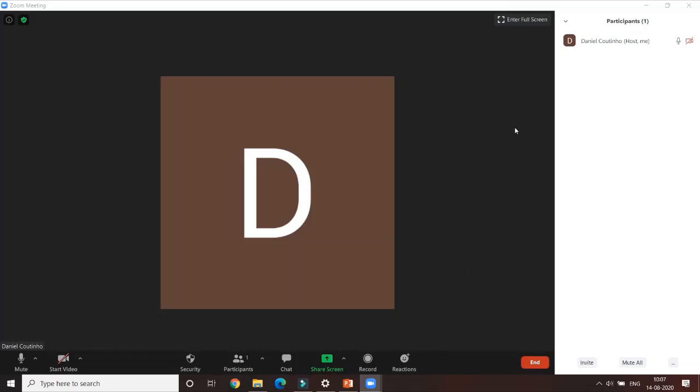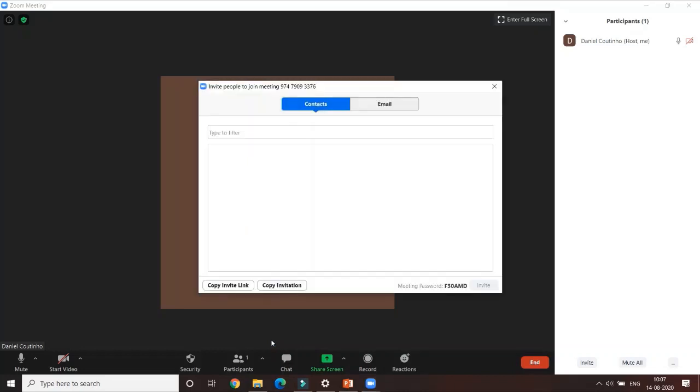Now if I want to add some participants to this, I can click on invite here. See on this white part of the screen, at the bottom, there's invite. I can click on this and it will take me to inviting students. Also under participants, if I click on this arrow, it will again give me the option to invite. To any one of these, if I click on this, a box will open to invite people. So if I already have the list of my students, I can enter it here and directly ask them to join the meeting.